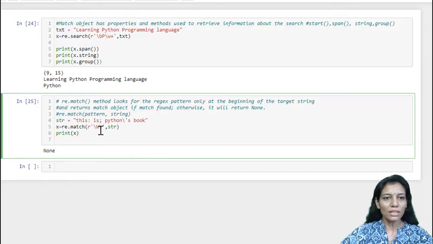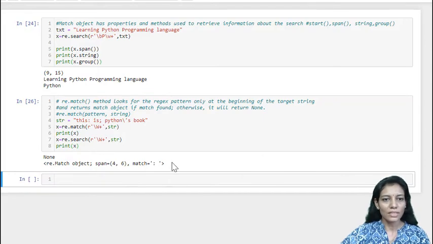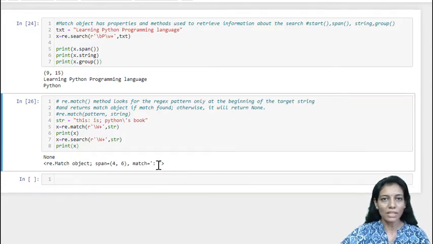Now similar thing if we try with search, let us see what it is doing. So here instead of match I am writing search, and let us print the match object that is returned by search. So yes, it has returned with this. The first match which search has identified is colon, okay.